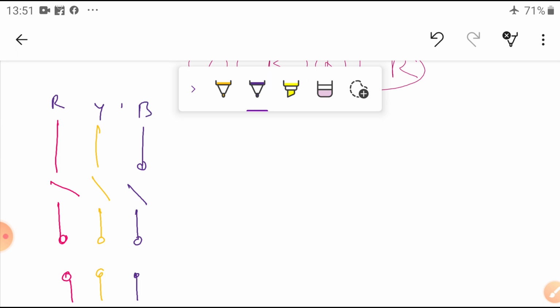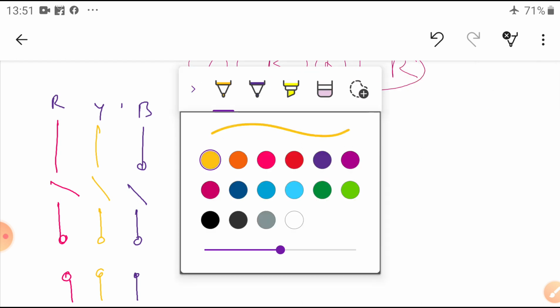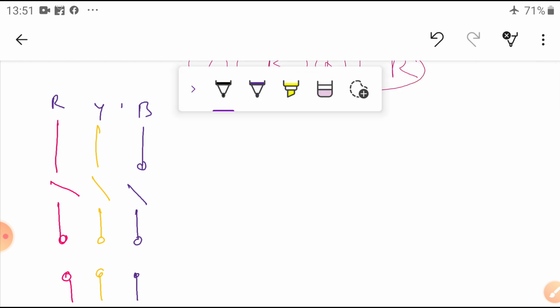Sometimes we can use the neutral also. You take the color black for the neutral. So this is the common terminal, the ICTPN switch, and the neutral is connected to the ground here.